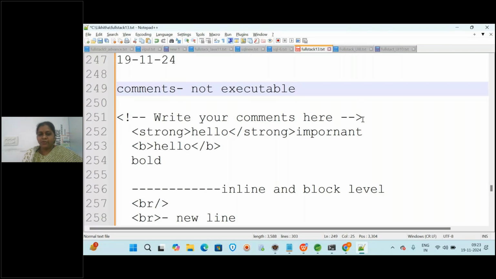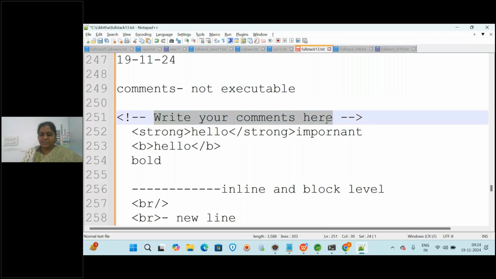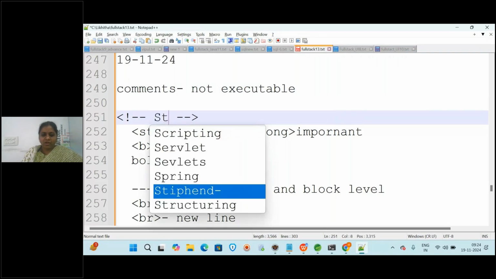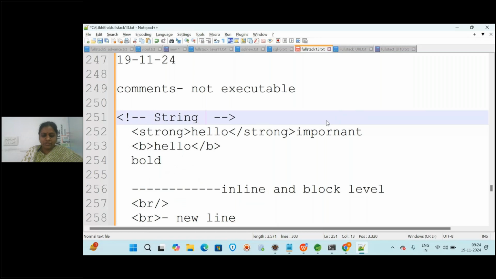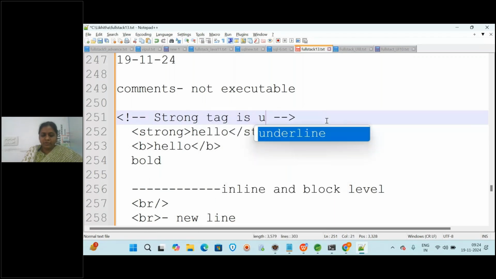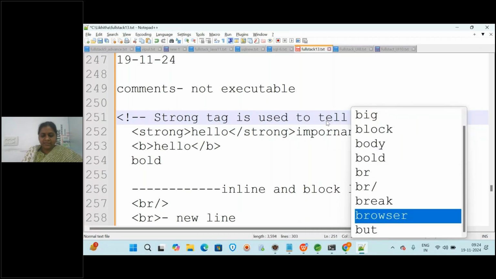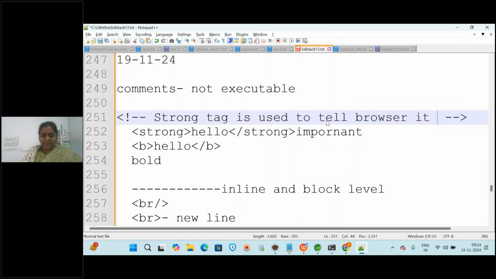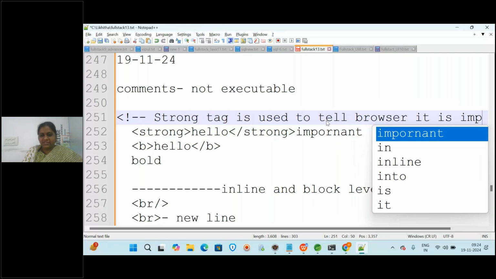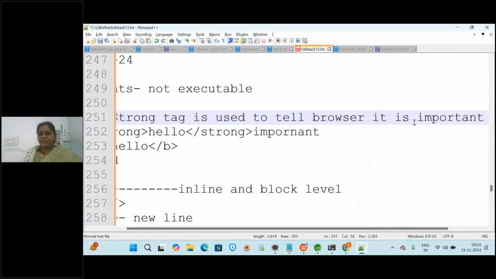Suppose you want to write that strong is used for important text, you can write: strong tag is used to tell the browser it is important. You want to give this message, so you can write it between what?